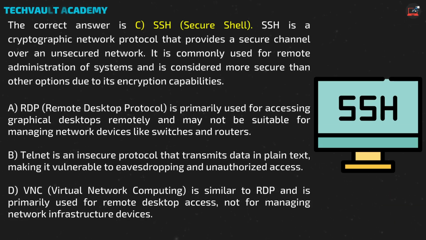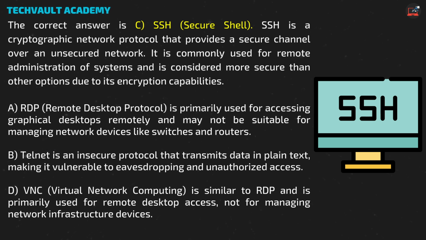The correct answer is C. SSH, Secure Shell. SSH is a cryptographic network protocol that provides a secure channel over an unsecured network. It is commonly used for remote administration of systems and is considered more secure than other options due to its encryption capabilities. A. RDP, Remote Desktop Protocol, is primarily used for accessing graphical desktops remotely and may not be suitable